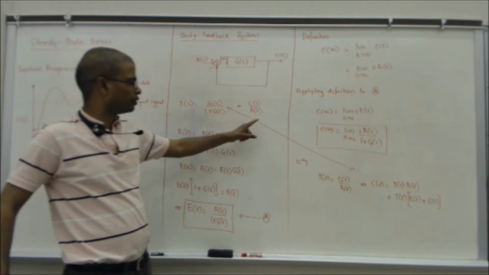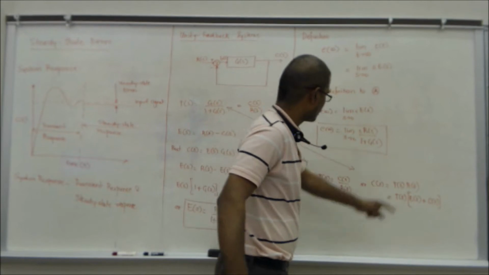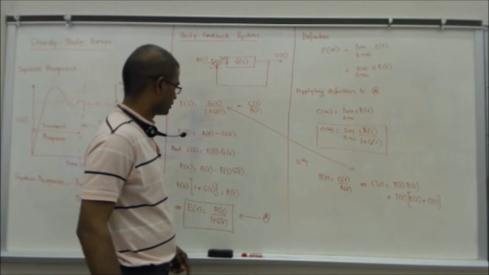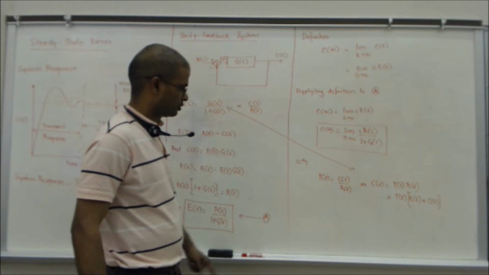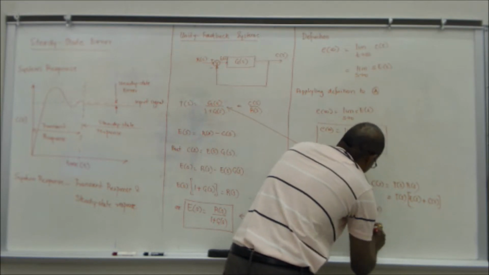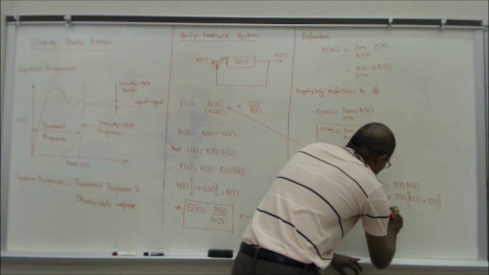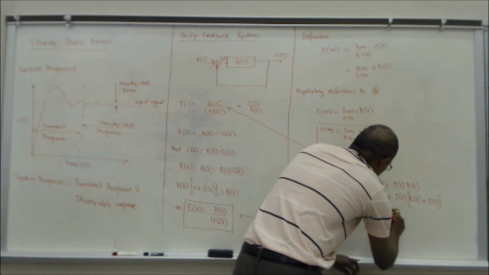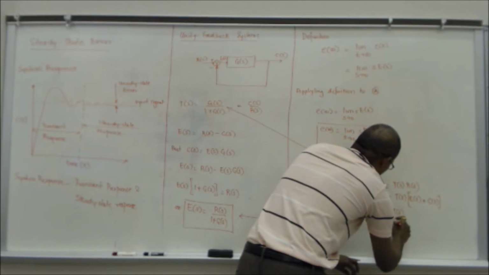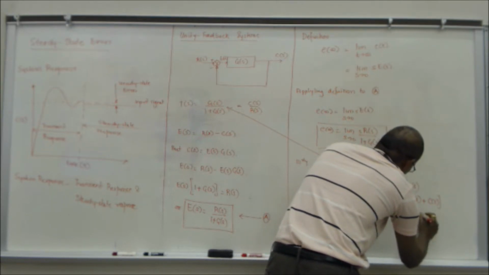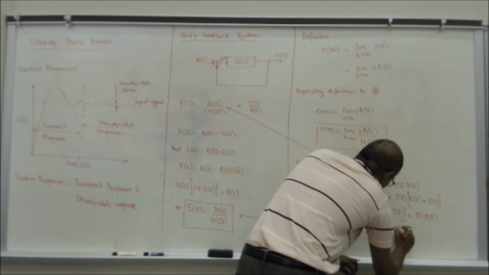Right? So therefore, C of S would be T of S into R of S. But what is R of S? E of S minus C of S, or plus C of S. One minus E of S. Okay. E of S, or E of S is equal to